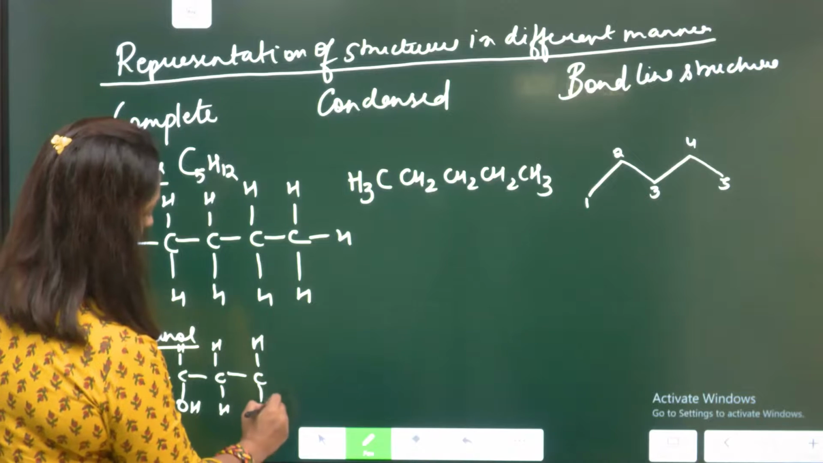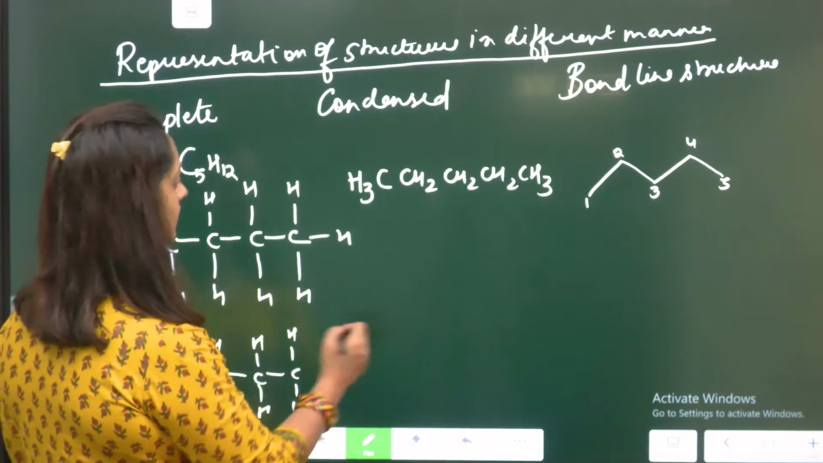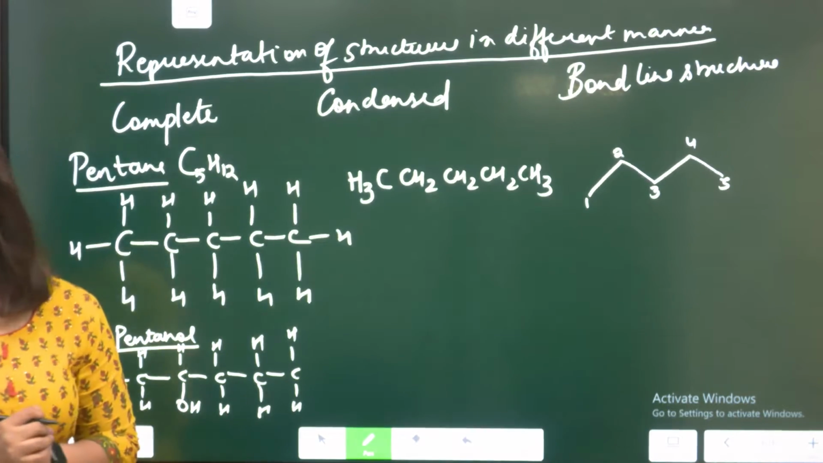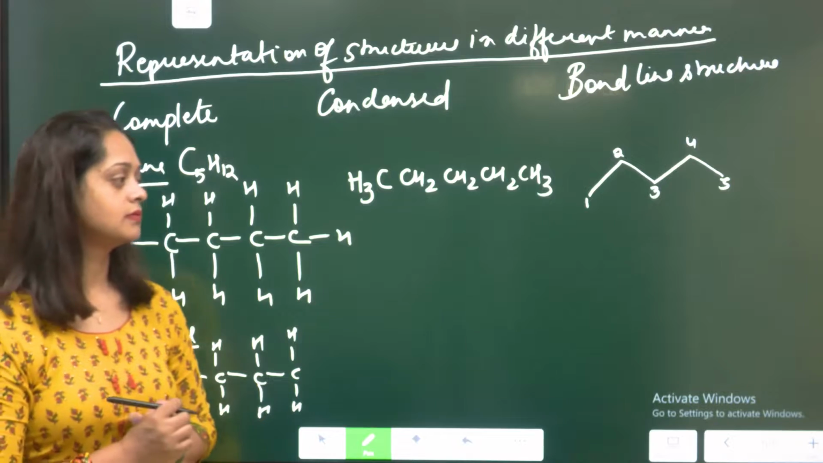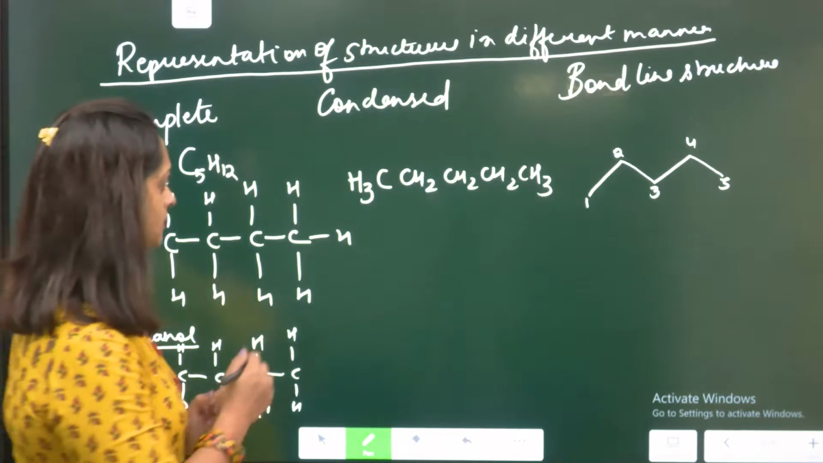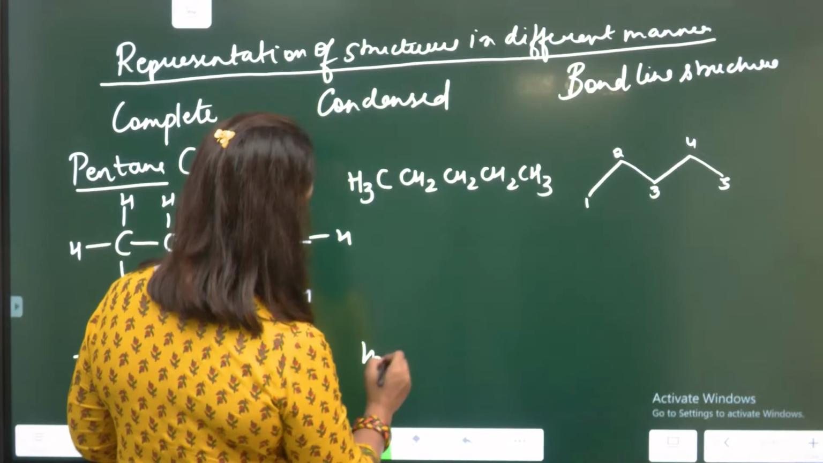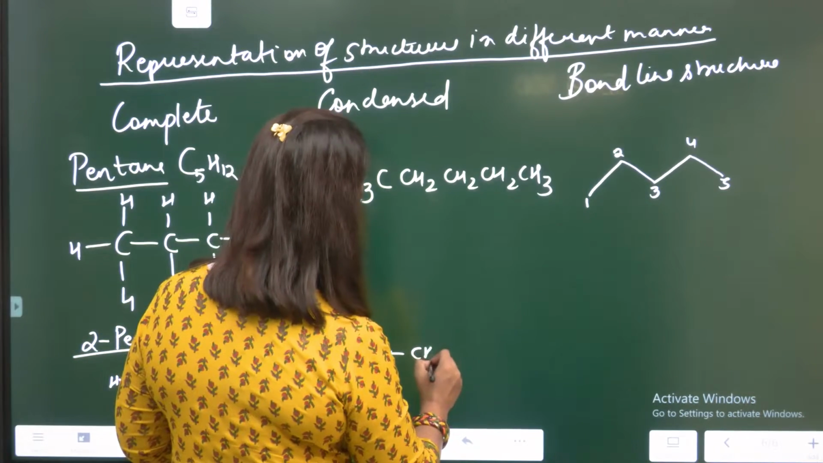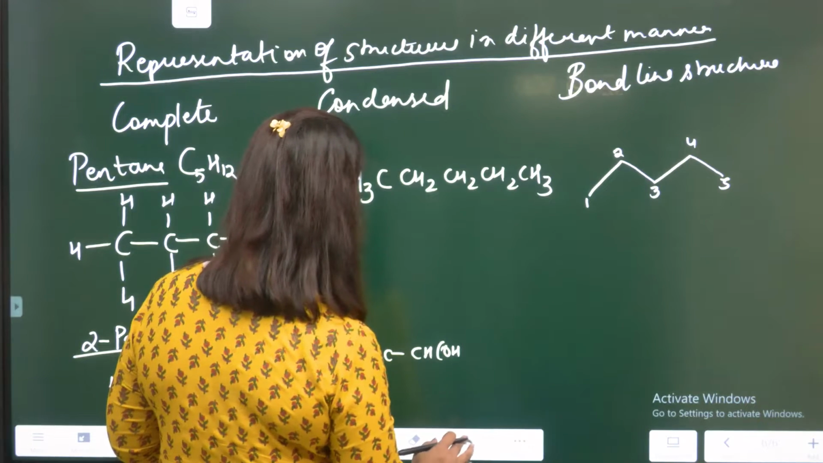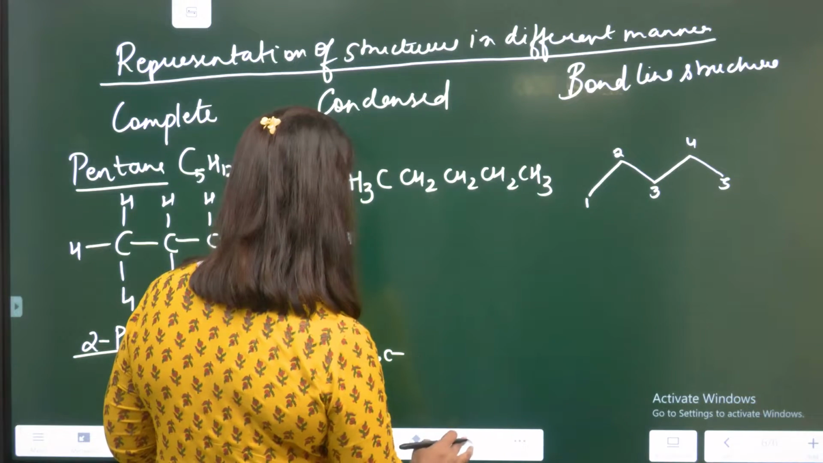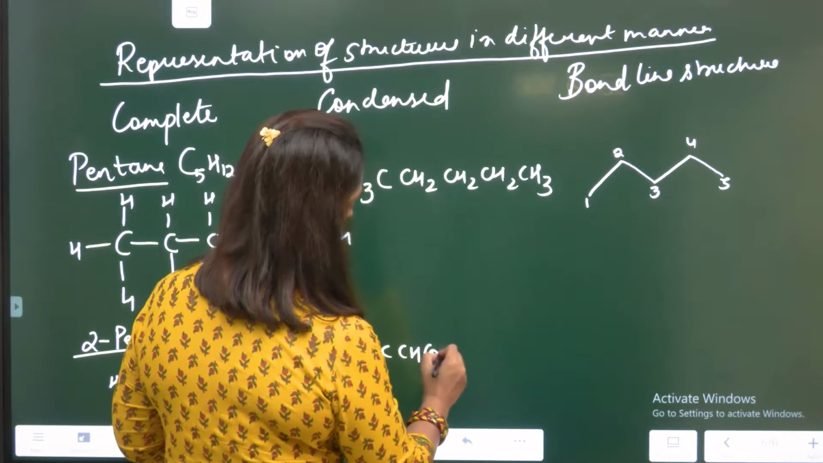Rest of the structure remaining the same. In the condensed structure, what would happen? How will this OH be represented? Inside bracket. Yes. So CH3, CH, OH. I'm sorry, I have represented CH, OH,